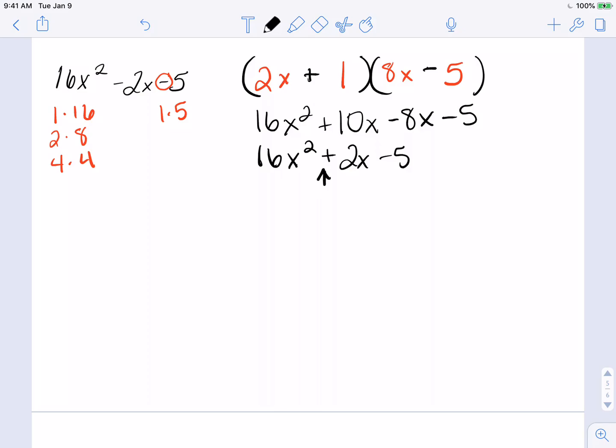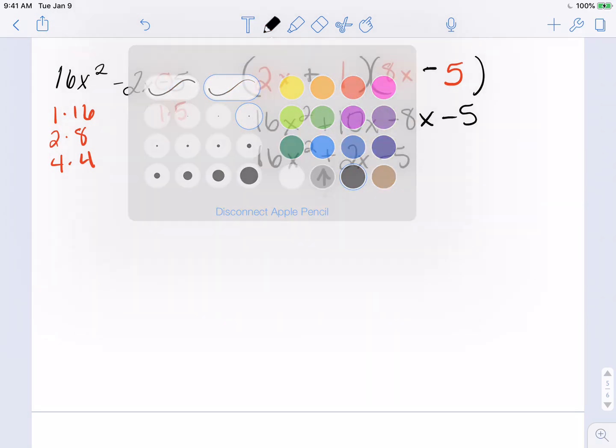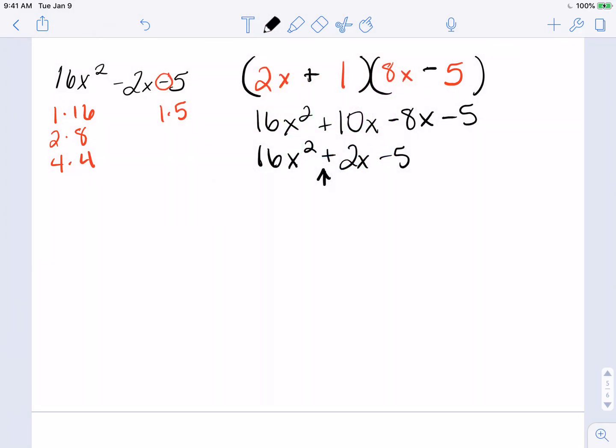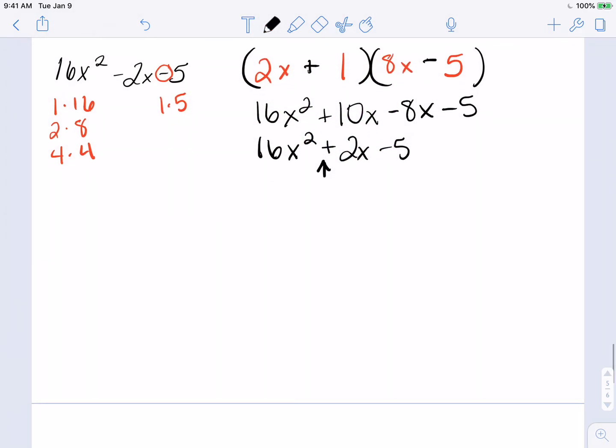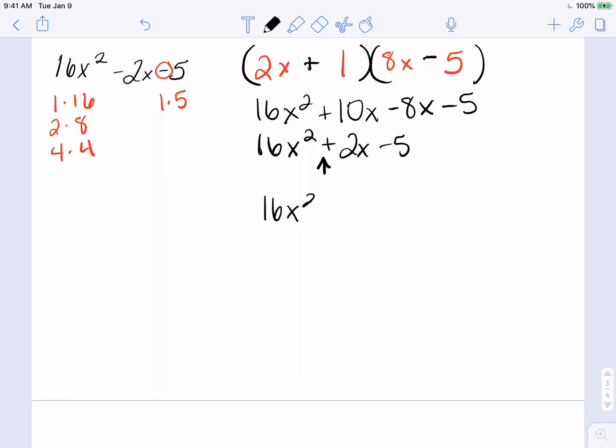So if you get the numbers right, try switching the signs that your numbers are paired with, okay? And again, this is just something that will come more naturally when you've done a few and you develop some intuition about these things. So 16x squared,